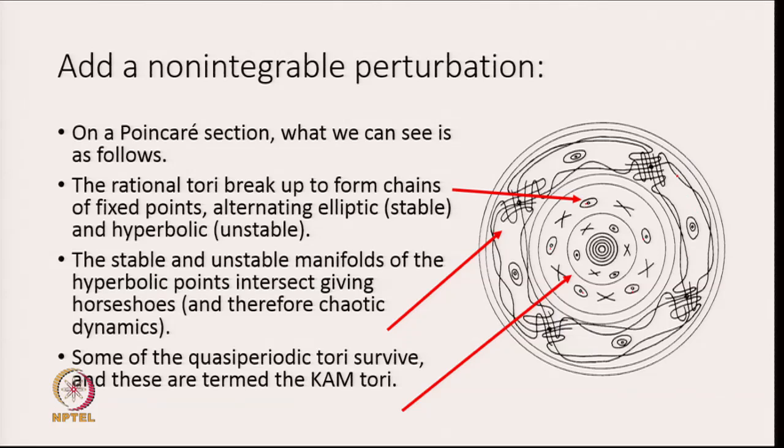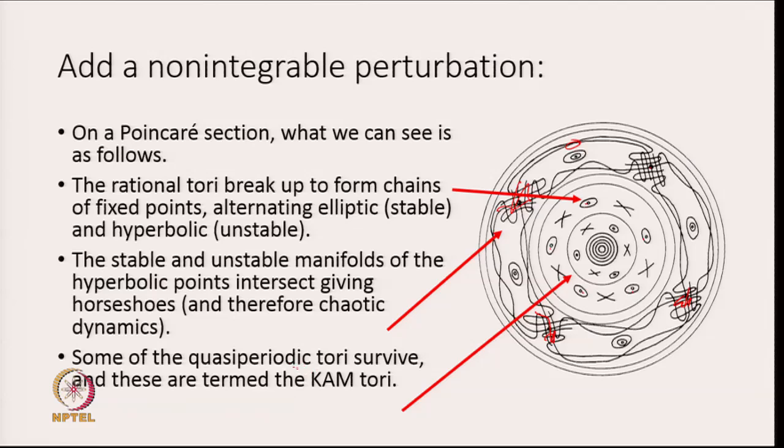For this outermost ring of stable and unstable fixed points, we've also drawn in the stable and unstable manifolds of the hyperbolic fixed points over here. And as is typical in such systems, it is possible for the stable and the unstable manifolds of different fixed points to intersect. And because they have intersected once, they must intersect infinitely often, giving rise to this tangle over here or over here. Around every hyperbolic fixed point, there is a hyperbolic tangle.